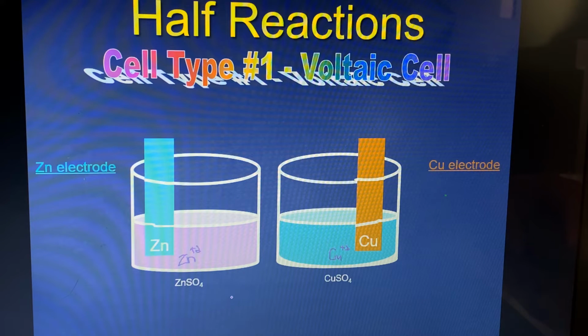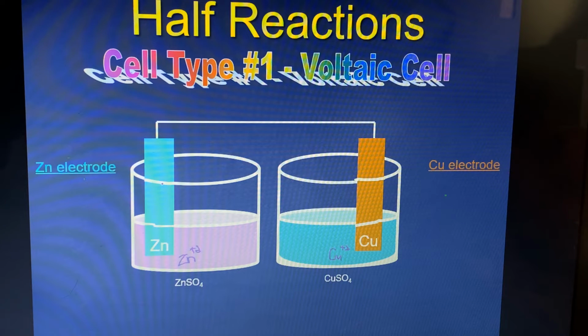We're only going to deal with the zincs in the left cell and coppers in the right cell. We could make this battery where we put the copper over here and the zinc over here. We just have to flip everything, so it's fine. All right, so next thing, I believe we have to connect these with a wire. There we go. All right. So you have to connect these with the wire, some type of metal that will conduct